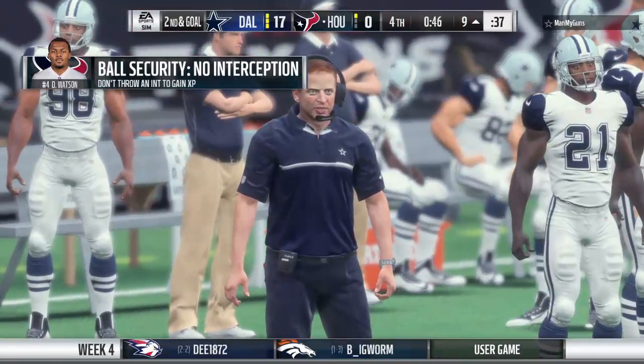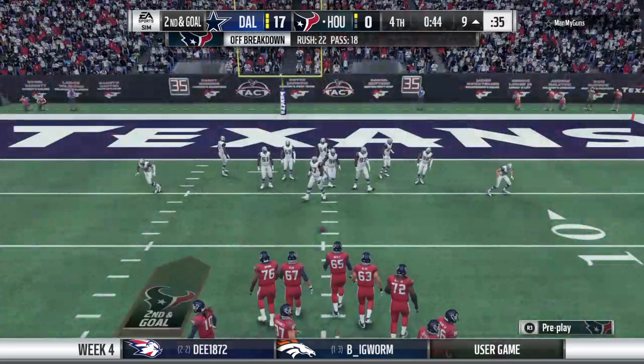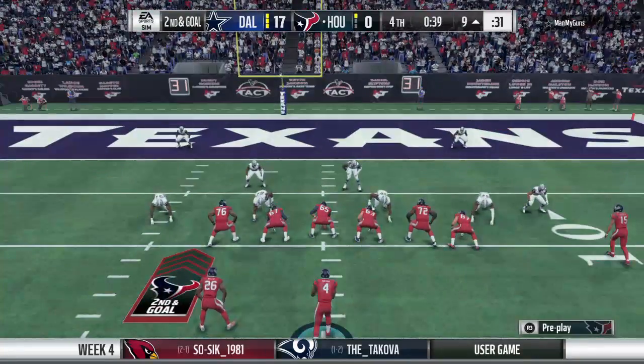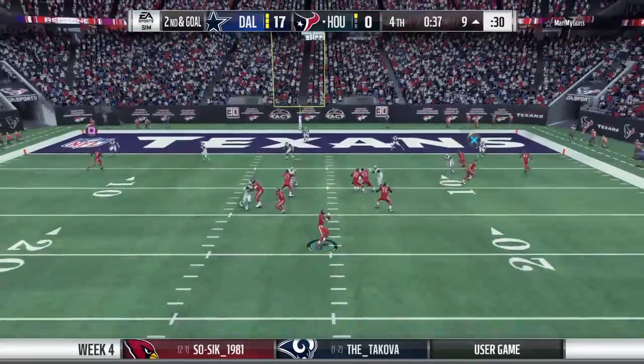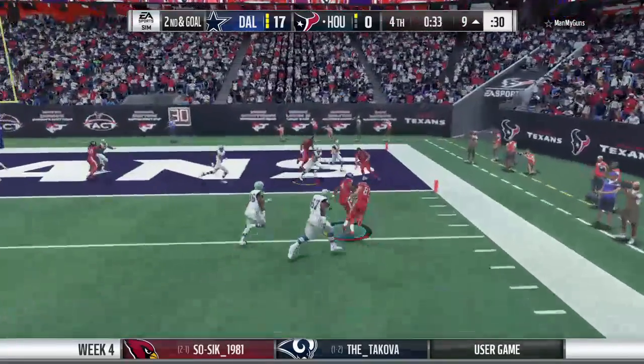Oh, partner, that play brought back memories. Watching them string it out, letting the runner get all the way to the sideline area, but not letting him get out of bounds. They formed that picket fence and didn't allow him through. Not only that, got him for a loss as well here. And one of the reasons they...